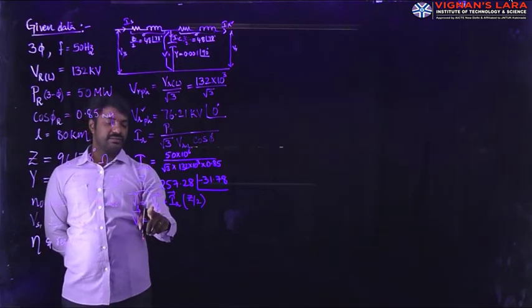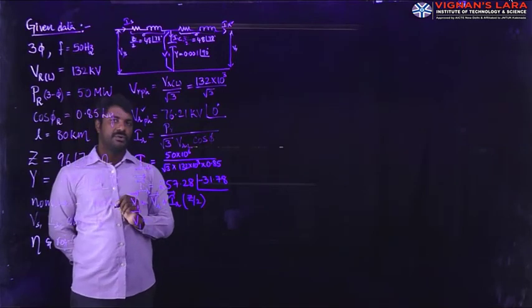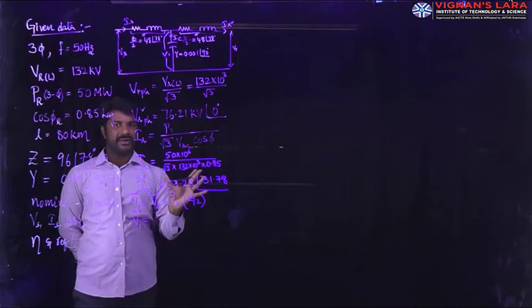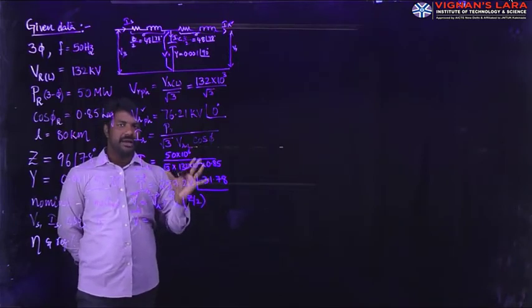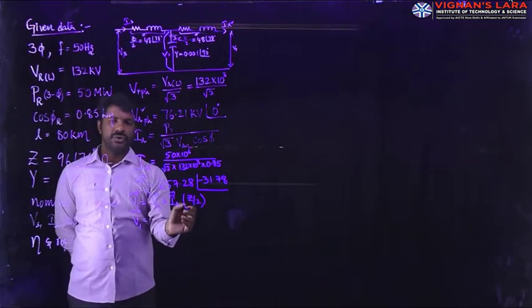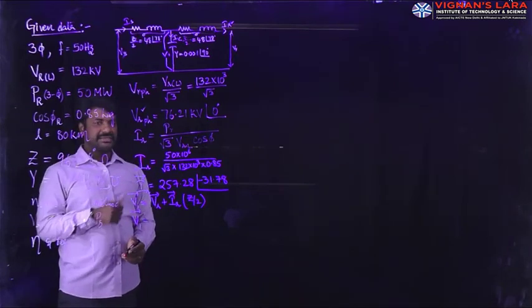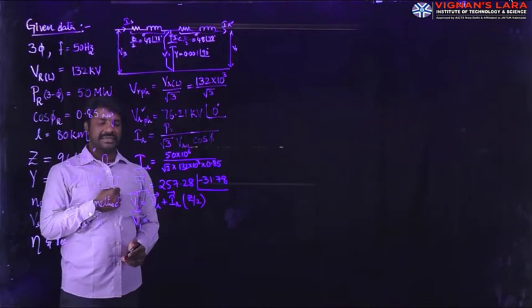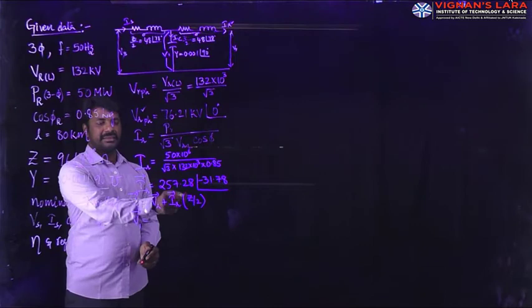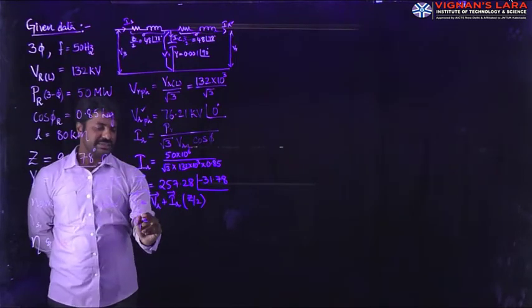Remember that this VR, IR are phasors, and they should be in per phase values. Why should they be in per phase? Because whenever we are doing the mathematical simplifications, all the quantities should lie on the same platform. I mean to say that the impedance Z value is given as 96 at an angle 78 degrees. This is given for one phase, a single phase. For that single phase, since that impedance is per phase, the remaining quantities should also be per phase.